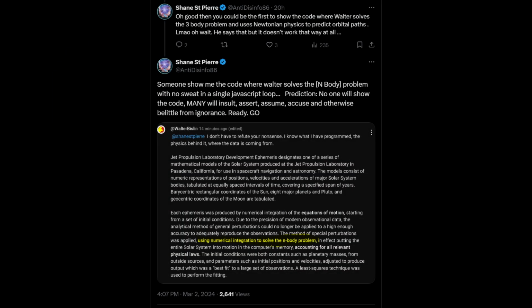Yesterday, Shane made this claim on Twitter, stating, "Someone show me the code where Walter solves the n-body problem with no sweat in a single JavaScript loop. Prediction: no one will show the code. Many will insult, assert, assume, accuse, and otherwise belittle from ignorance. Ready? Go." He makes a very specific request here, a request that he already knows is dishonest, because a problem